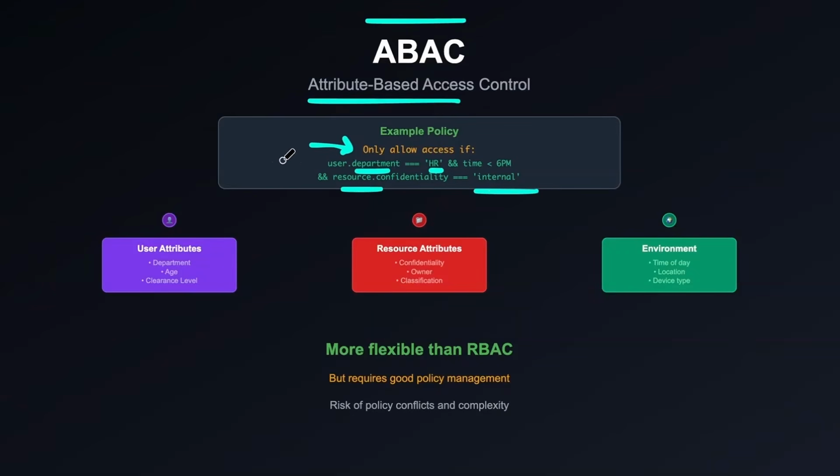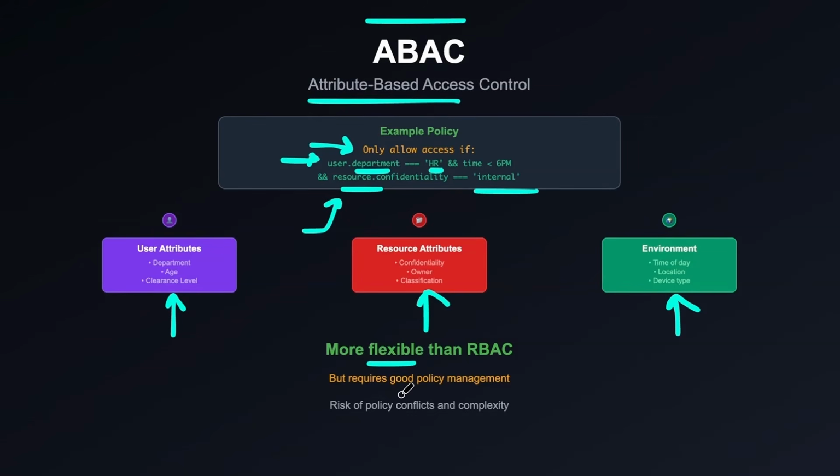But in this case, you are checking the user model or resource model in your database, and based on the attributes, you either allow or deny the access. So here, as you can see, we are checking user attributes like the department, the age, or whatever you want to check here. Next, you can also combine it with resource attributes like confidentiality or the owner of the resource or classification. And this can also be combined with environment like time of the day, location, device type, and so on. Since you're combining these attributes to either grant or restrict access, this is more flexible than the role-based authorization,